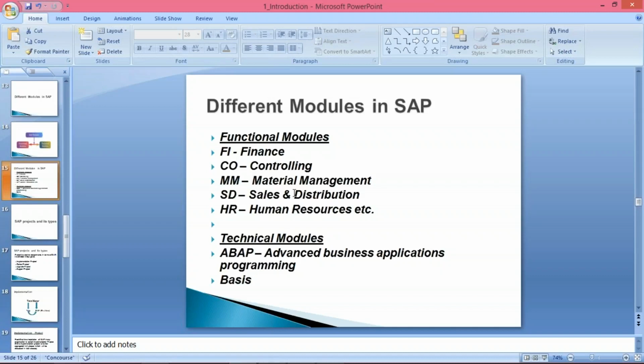And once you become a consultant, you'll come to know that these people also will be sitting on almost the same floor along with the functional consultants. Once I start the practical session, you will come to know the differences between functional consultant and technical consultant. It means you'll come to know what your activity is, and what activities belong to these people, the ABAP consultant and Basis consultant, what kind of things are being performed by these guys. All of this you will be able to understand once we start the practical session.